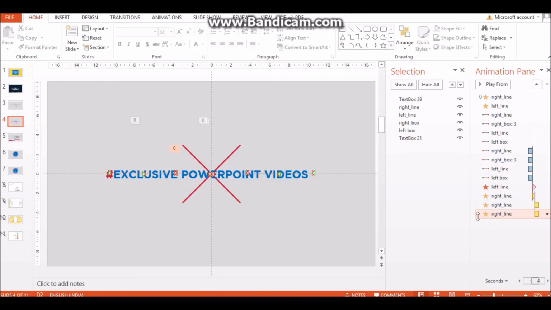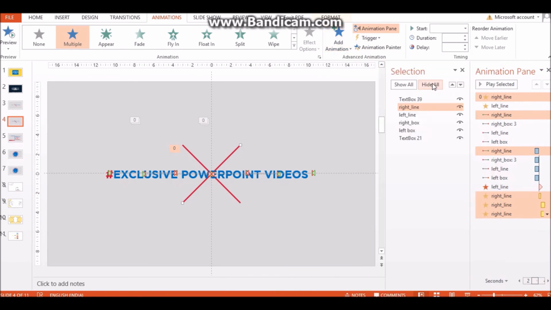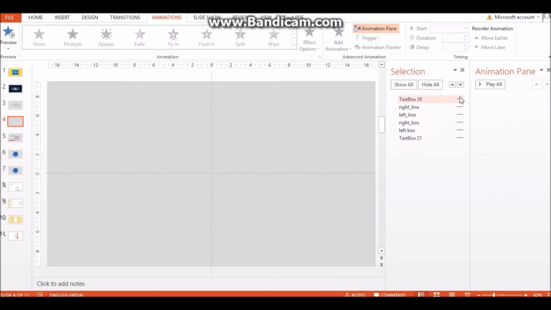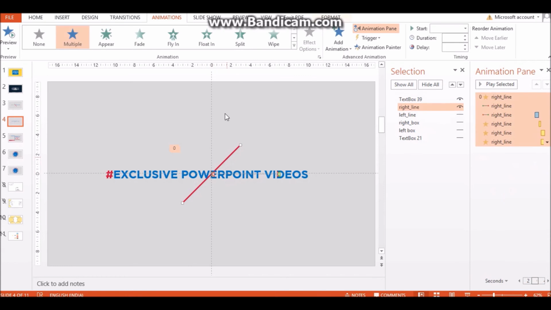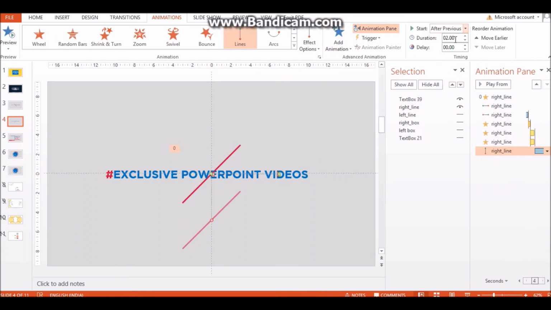Now again clicking on the right line from here and adding animation to it. But before that we need to hide all of this stuff, otherwise it will be complex for us to add animation to it. So just making appear the text box and the right line. Again adding an animation to it, this time lines after previous in 0.50 seconds. To the right, to the left, and it should end at the end of the text box. Here we have it. Now if we play it,